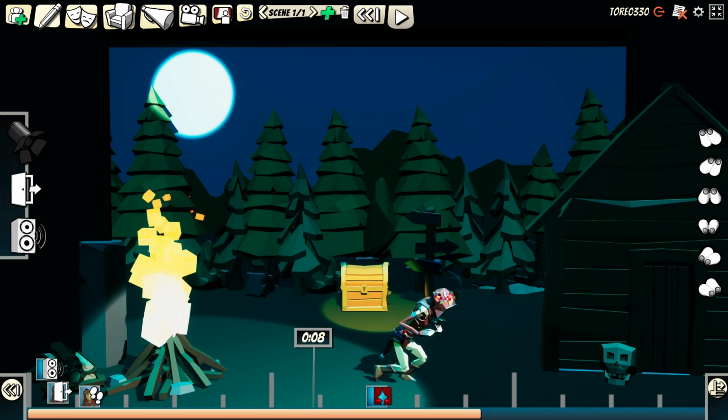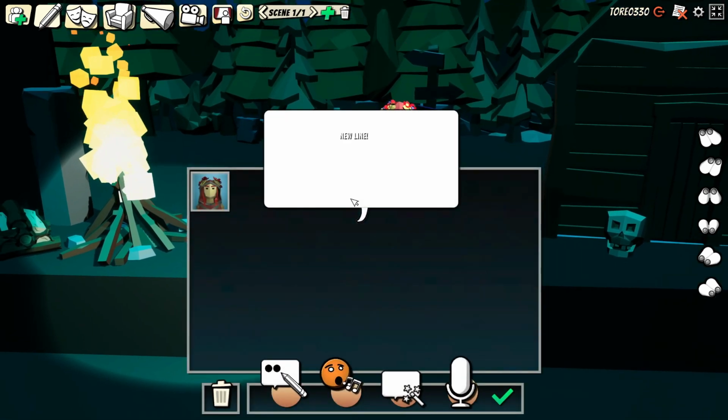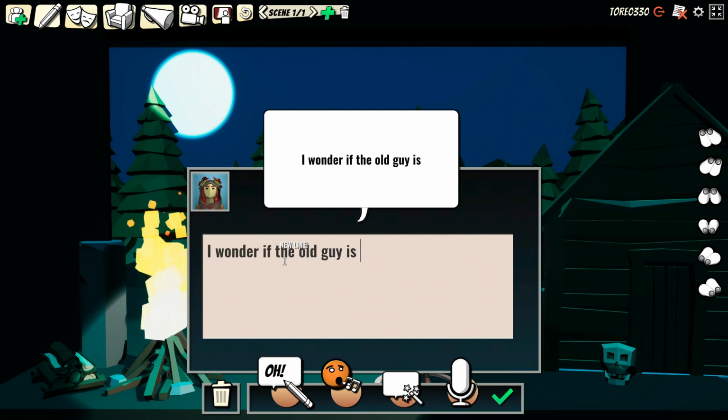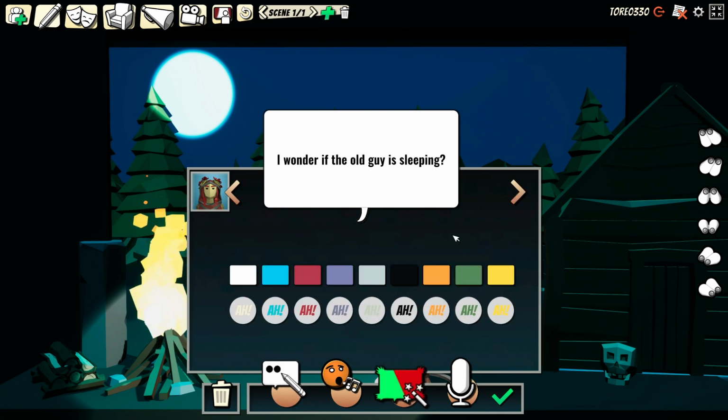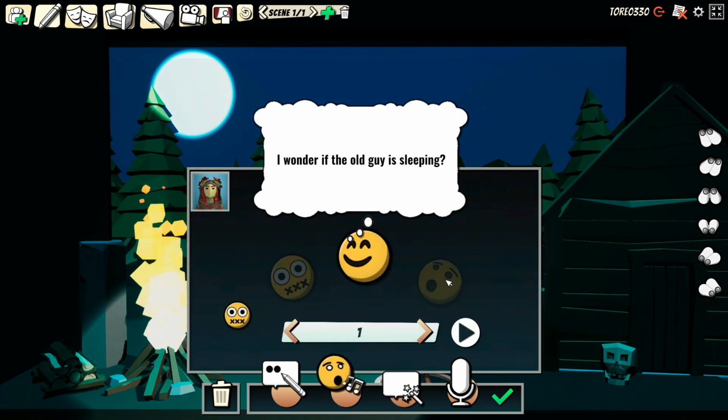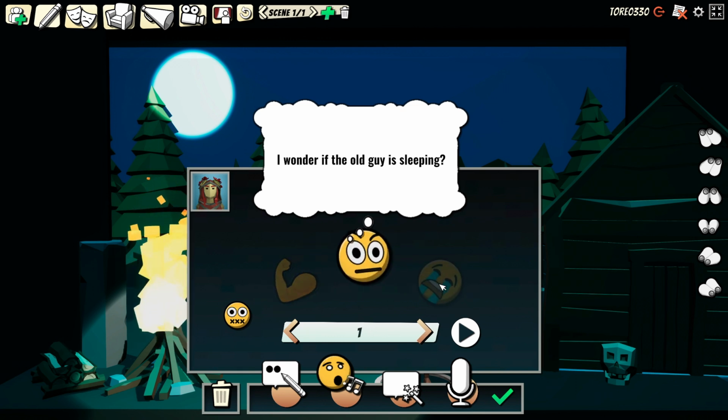And I think she should say something. Perhaps she should say, I wonder if the old guy is sleeping. And then I'll just change it to like a thought bubble here. So, and then I can add one of these voice emotes. And these are like categories. So once I select a category I like,